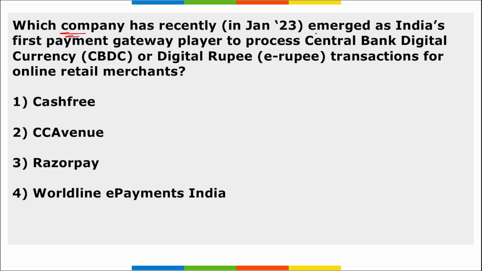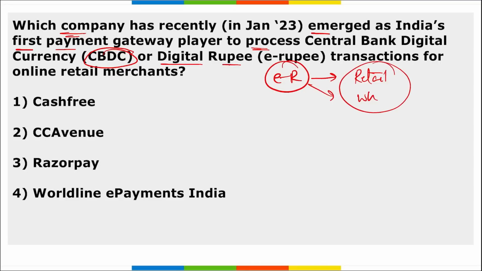Next, which company has emerged as India's first payment gateway player to process central bank digital currency, that is your digital rupee, also known as e-rupee? It was launched in retail format as well as in the wholesale segment. So the question asked here is which company emerged as the first payment gateway player to process the e-rupee for online retail merchants? It is your CC Avenue that will be the India's first payment gateway player to process the CBDC or digital rupee transaction for online retail